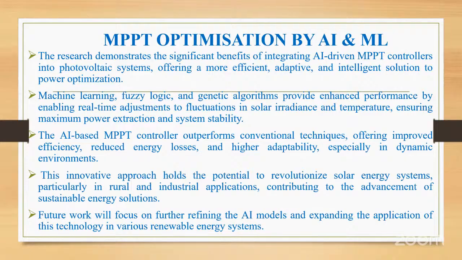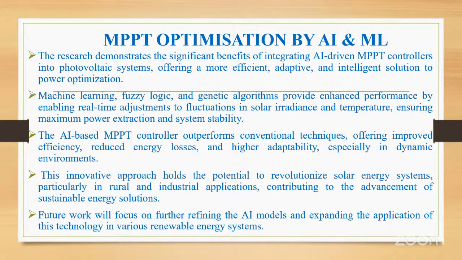Similarly, machine learning, fuzzy logic, and genetic algorithms provide enhanced performance by enabling real-time adjustments to fluctuating solar radiance and temperature, ensuring maximum power and system stability. And third, AI-based MPPT control outperforms conventional techniques,